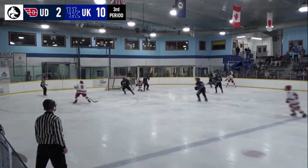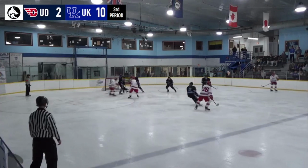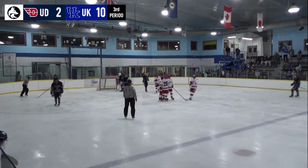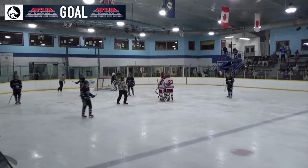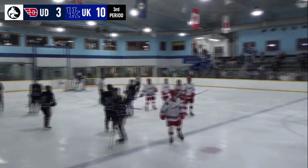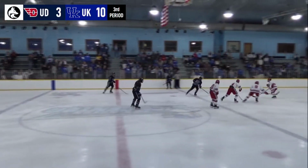Brett Smith across. That deflected off about 4 or 5 bodies. Here's a shot that goes in on the stick of Brett Smith. And Dayton, even though they're down big, not going away. It's 10-3. 12 minutes left in the third,